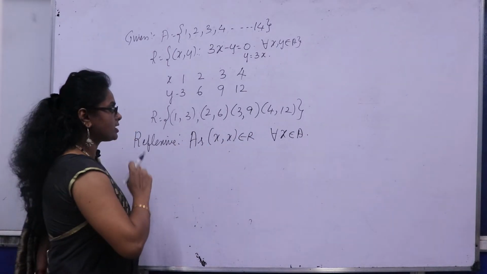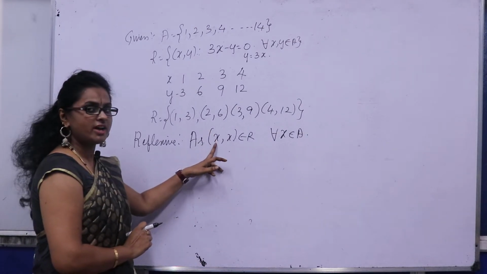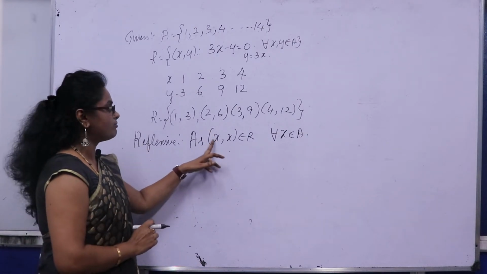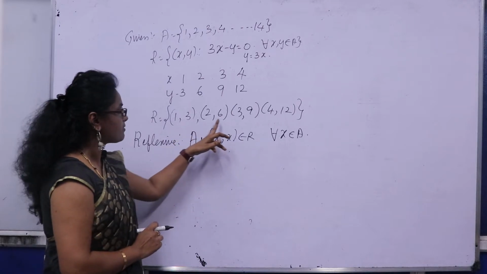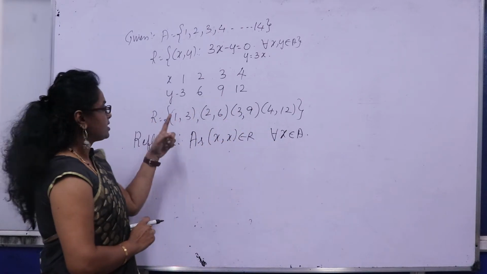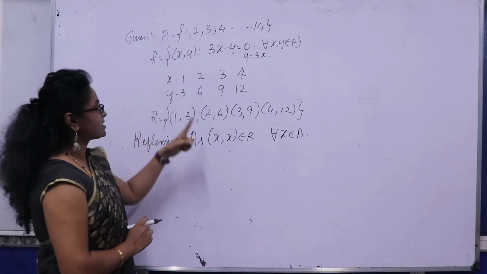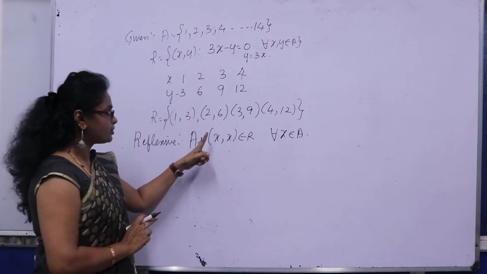What is (x, x)? If I take x is equal to 1, (1, 1). Do we have (1, 1) here? No. If I take x is equal to 2, I need to have (2, 2),